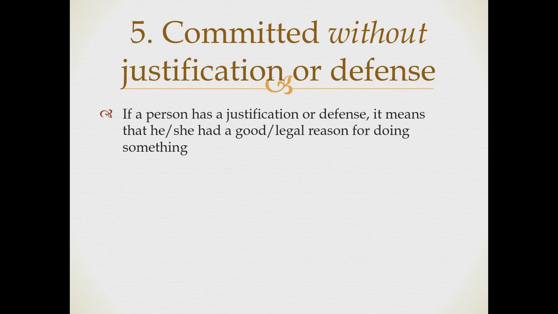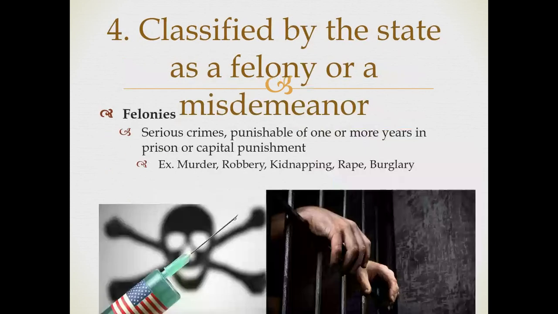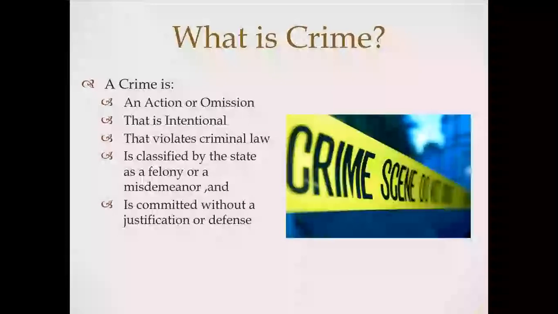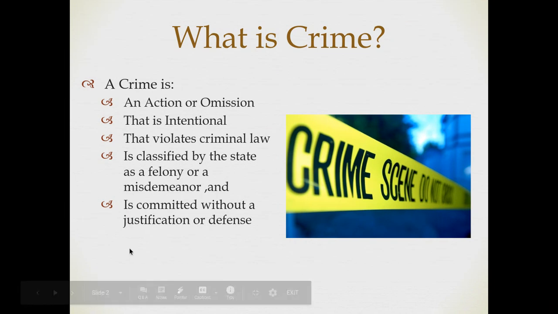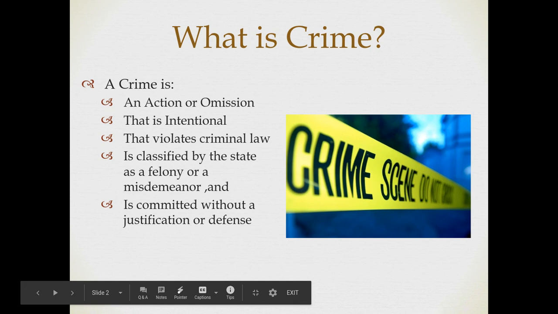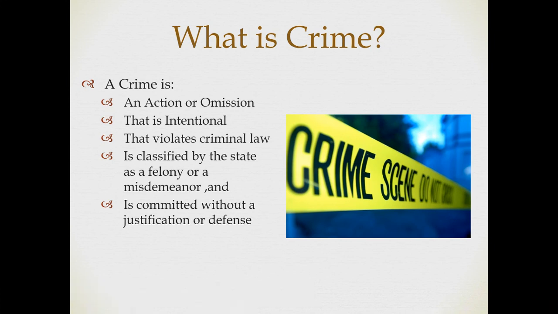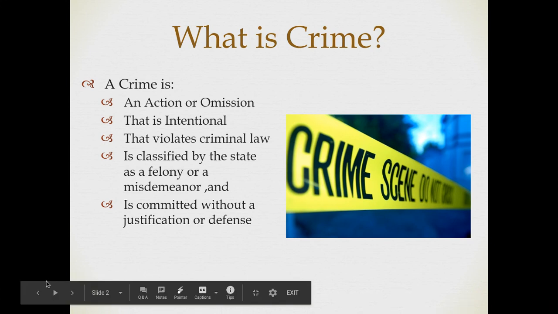Okay. And so as I wrap it up here, what I want you to do is just make sure you review that definition that we had of what a crime is. It is an action or omission that is intentional, that violates criminal law, and is classified as a felony, misdemeanor, or violation, and done without a legal justification. Now, the activity you're going to do with this is going to go along with action or omission and the intent piece, actus reus and mens rea. And so I want you to check Google Classroom for that activity. Follow the instructions. We'll talk about your answers and any questions you have during our Google Meet session on Tuesday. Thank you.